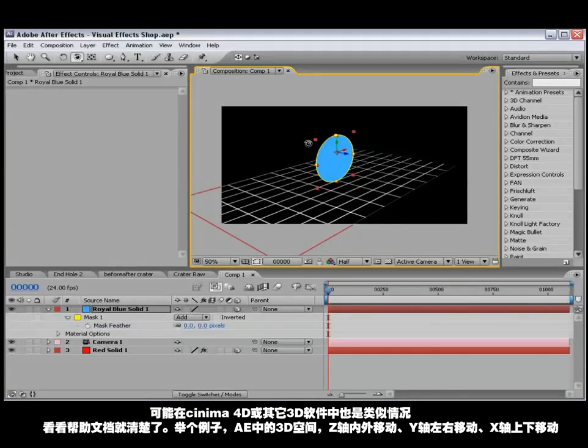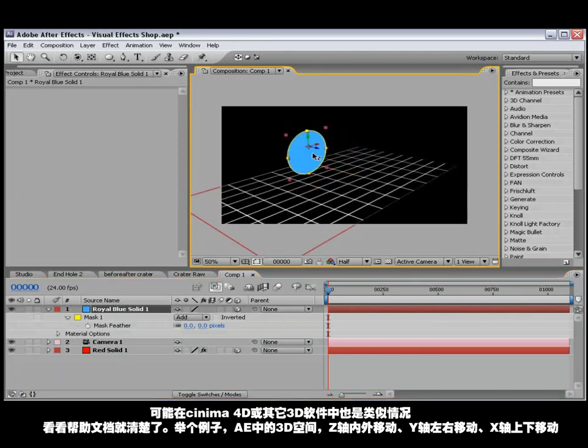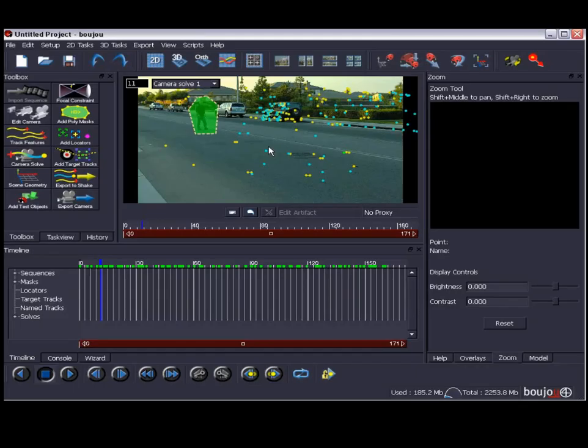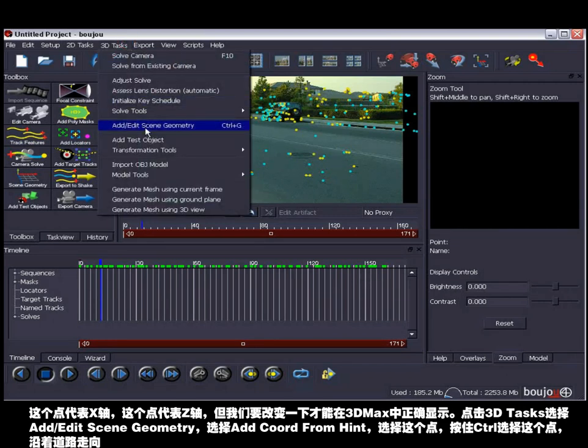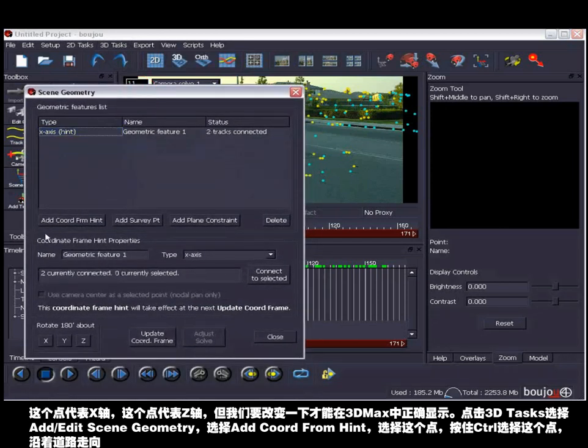Quick example: in After Effects, I have this layer in 3D space, and if I move it on the z-axis, I'm moving it back. If I move it on the x-axis, I'm moving it side to side, and the y-axis up and down. So remember, these points represent x, these points represent z, but we want to switch it so that it looks correct in 3D Max. So what I'll do is go back into Edit Scene Geometry,